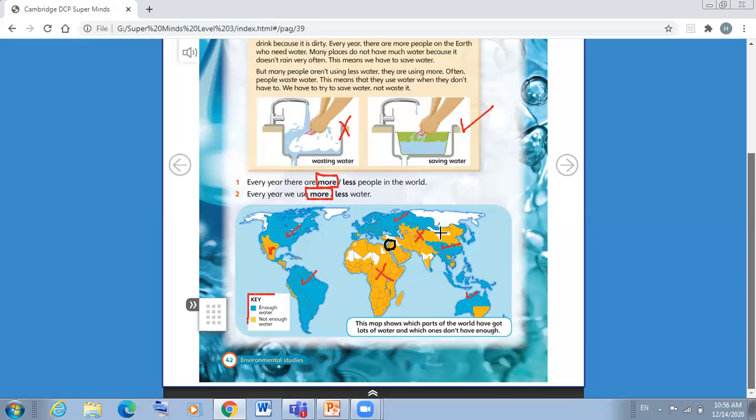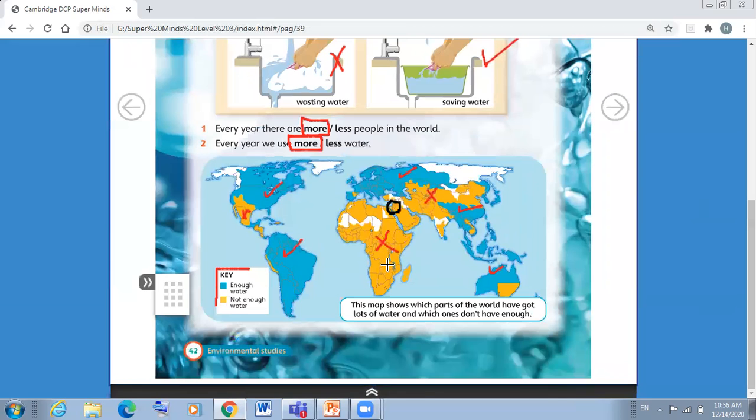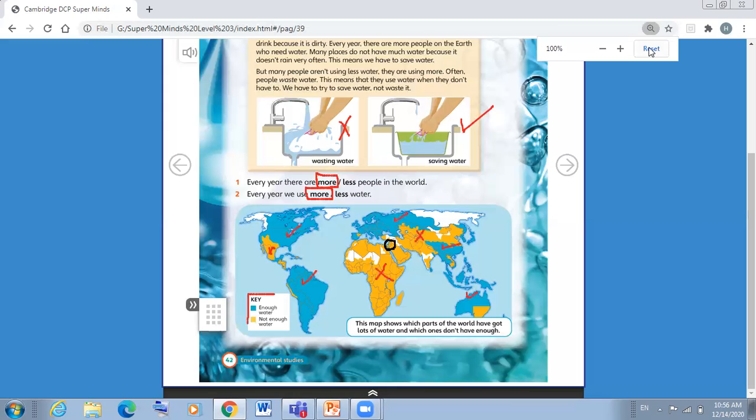Okay, so I want you to look at the Jordan map here. Look at Jordan. Is it colored in orange or in blue? Excellent, in orange. So does Jordan have enough water? No, Jordan is one of the countries that don't have enough water. Okay,